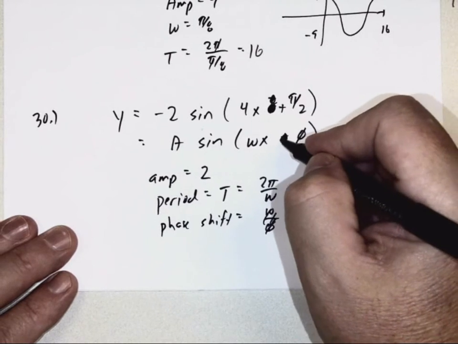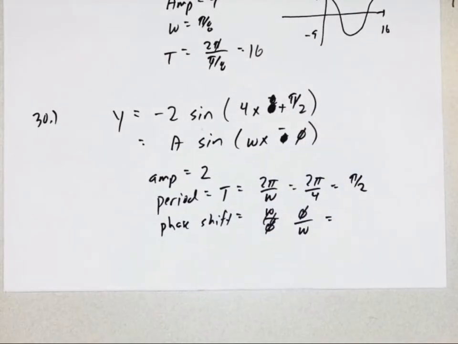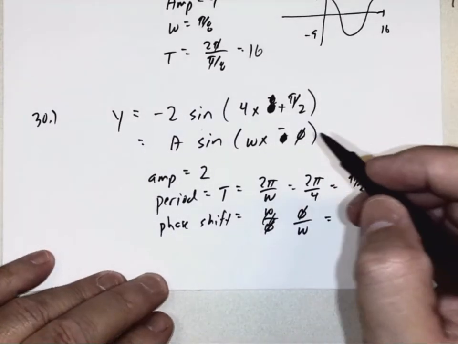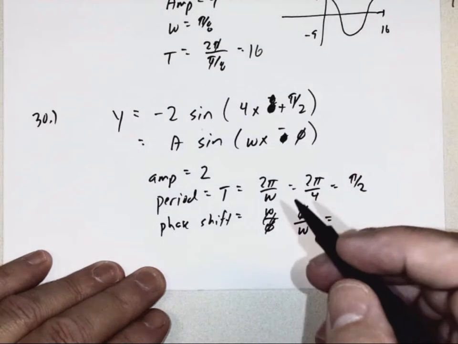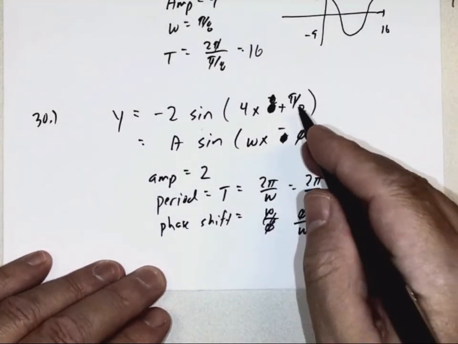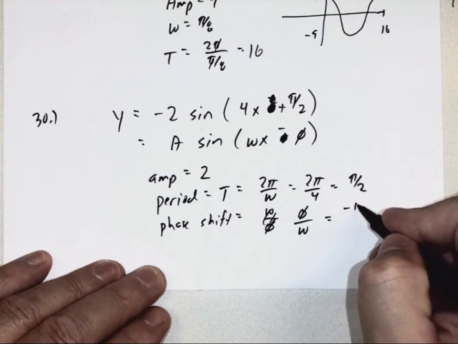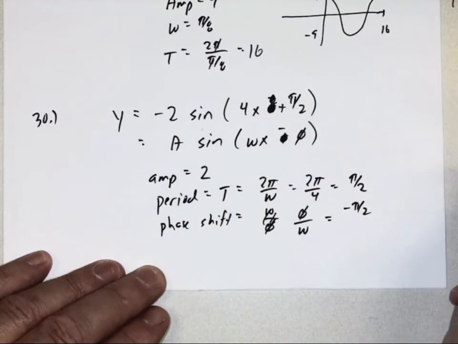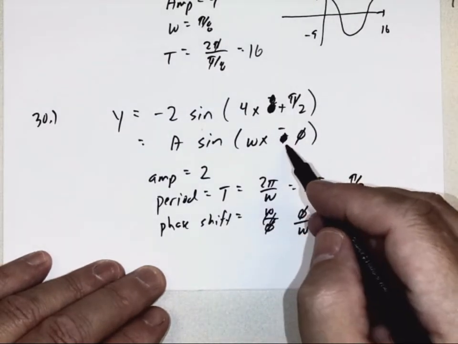I think they want this to be minus. You can quickly look in your book and confirm this, but when I have the answer here, and I think to get the answer I want, that has to be minus, because psi has to be, it's not pi over 2, it's negative pi over 2. Since it's minus this,